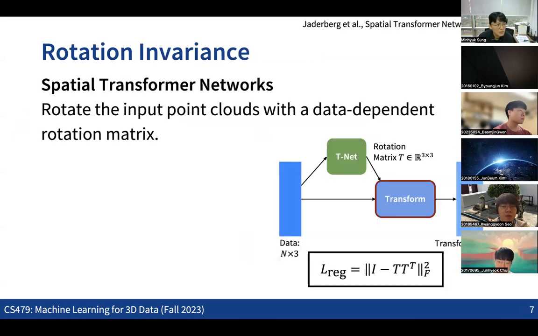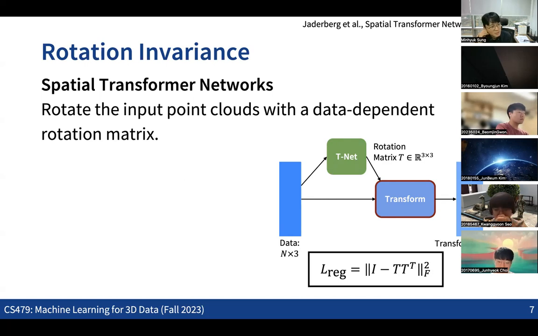And also the other thing was how we achieve rotation invariance. Here the question is that we want to classify, for example, the chair as a chair. However, we rotate the input point cloud with some arbitrary rotation matrix. And for that, the component that we used in the PointNet architecture,